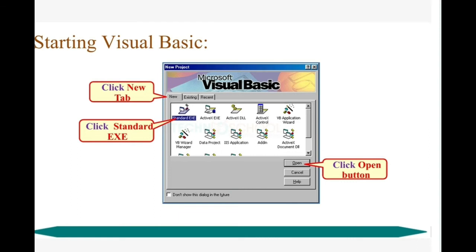You just click Standard EXE and click the Open button at the end of the screen, and your form will be opened. This is the step for starting a Visual Basic program in your system.